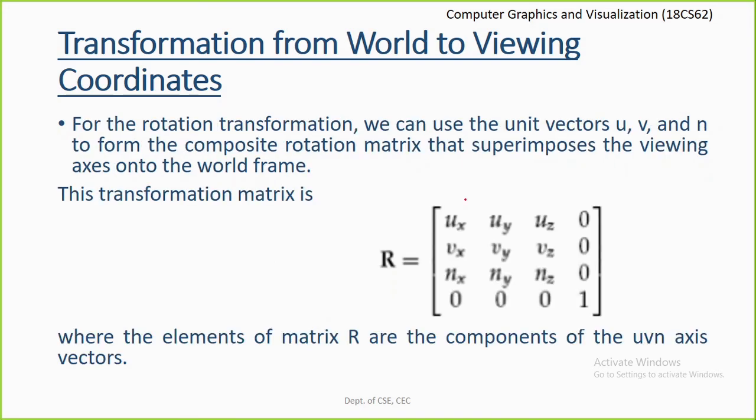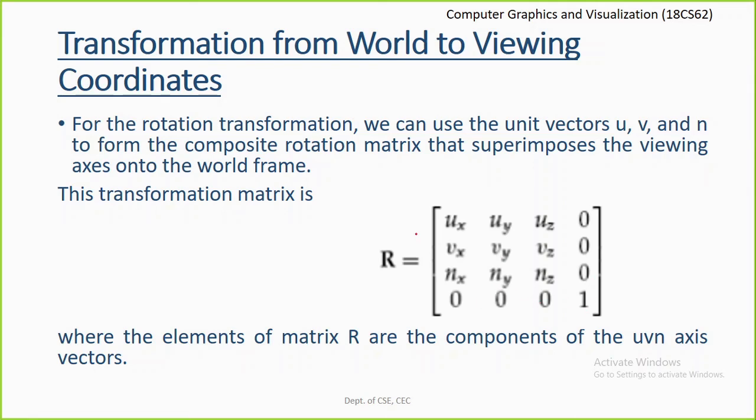Second step is the rotation transformation. For the rotation transformation, we can use the unit vectors u, v and n to form the composite rotation matrix that superimposes the viewing axes onto the world frame. So the rotation matrix we can consider here is ux, uy, uz, 0, which are the components of the unit axis vector for a given UVN reference frame. Similarly, vx, vy, vz, 0, nx, ny, nz, 0, 0, 0, 0, 1.